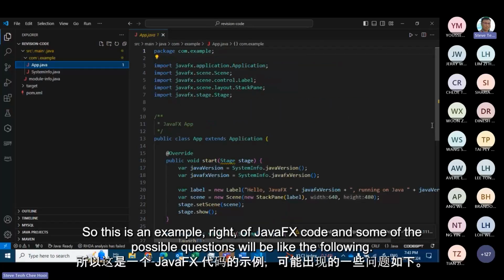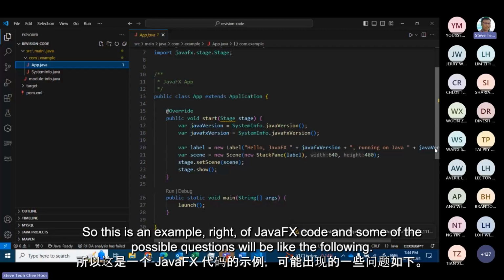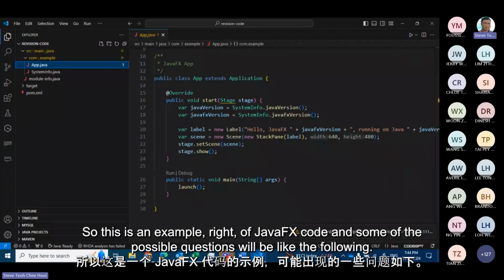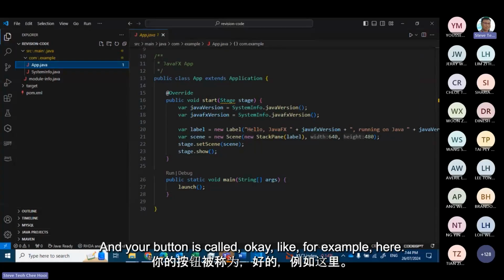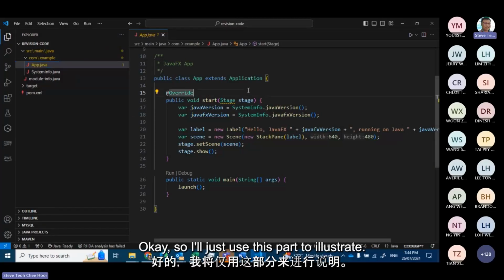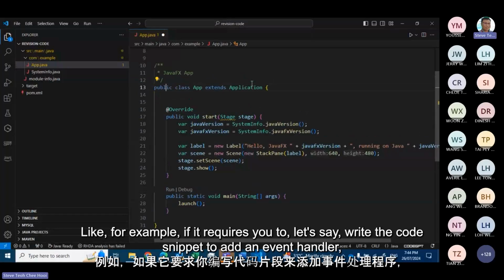Okay, so here we go. This is an example of JavaFX code. And some of the possible questions will be like the following. Let's say you are given a JavaFX application with a button, and your button is called, for example here, I'll just use this part to illustrate. Like for example, if it requires you to, let's say, write the